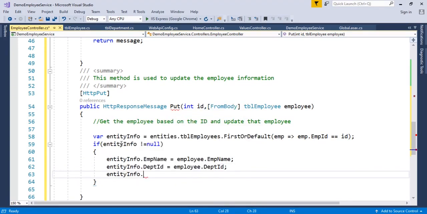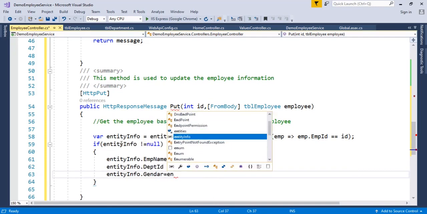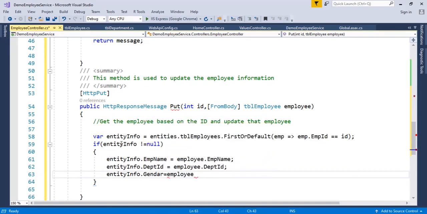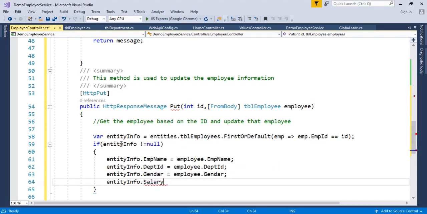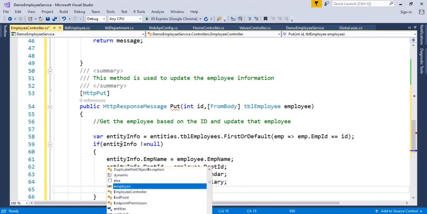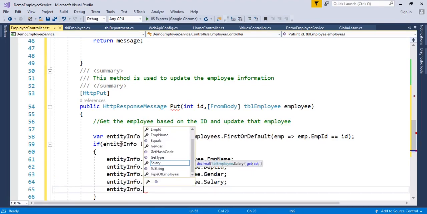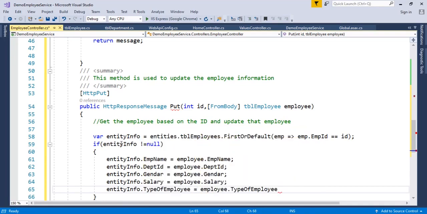Entity info dot gender we are going to set the employee dot gender. Entity info dot salary we are going to get the employee dot salary. Entity info dot, what else, employee name is there, type of employee. Whether it is a contract employee or a permanent employee, employee dot type of employee.